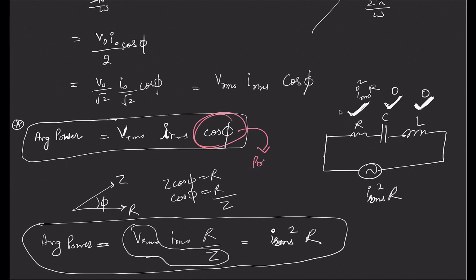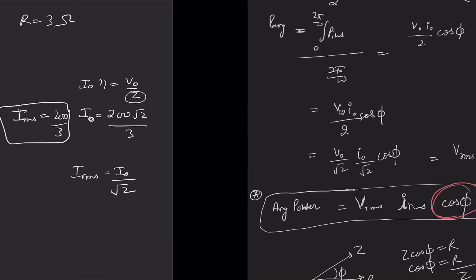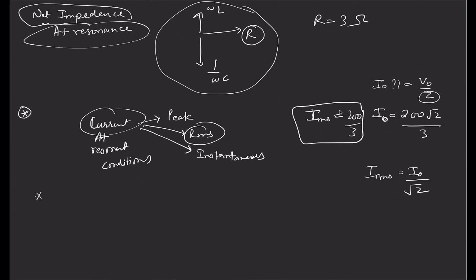So whenever someone asks you to find the power factor, you have to find Z, and you have to see the angle of Z with the x-axis, which is the angle of Z with the angle of the current, or the angle of the R, because current and R are always in the same direction, and take cos of angle theta. That would be your power factor. So in this case, at resonance condition, R and Z would be in the same direction, because Z is in fact R. So at resonance, power factor would be cos of 0. Angle between them is 0, so power factor would be 1.